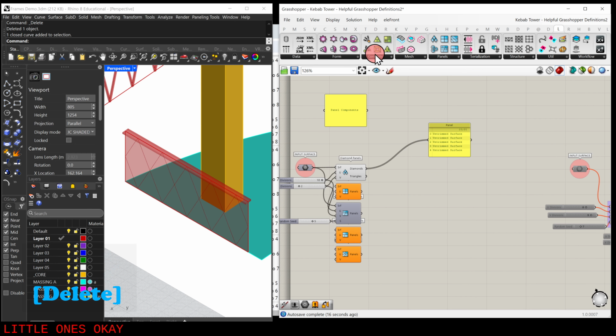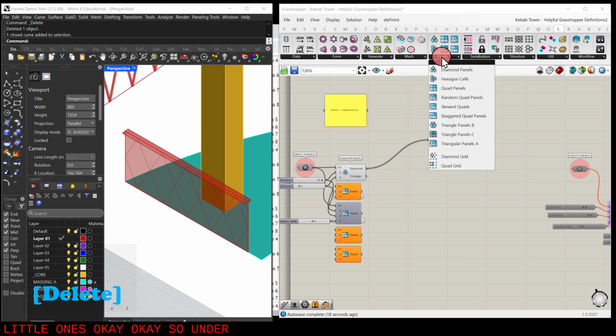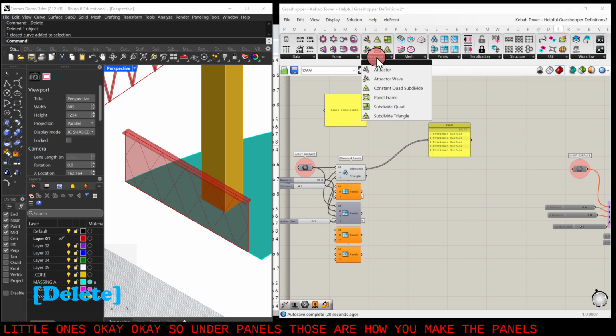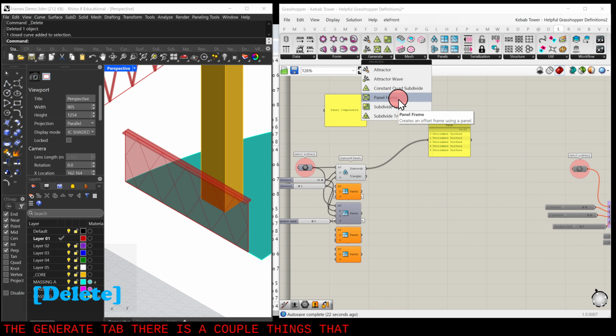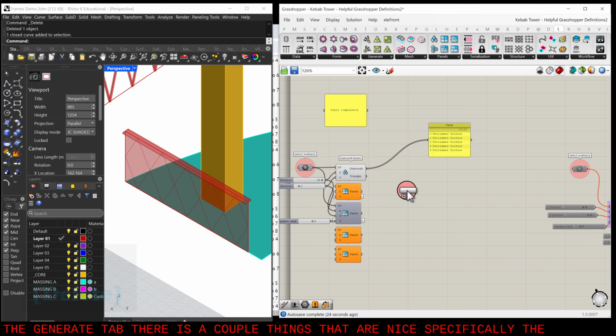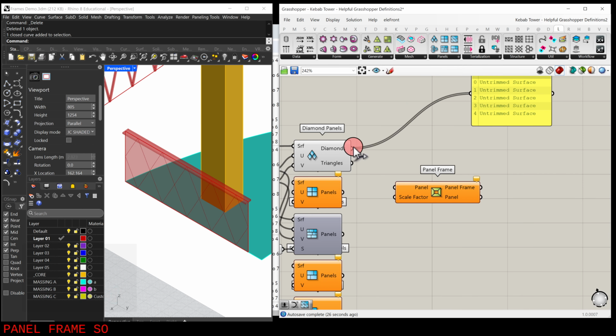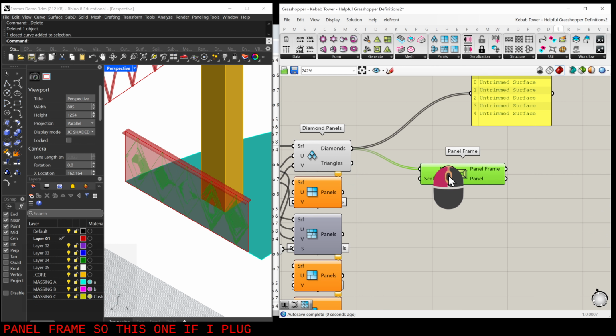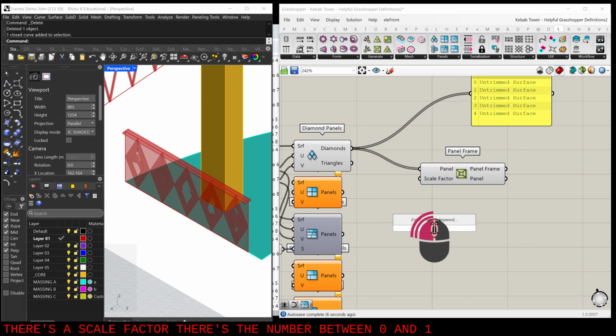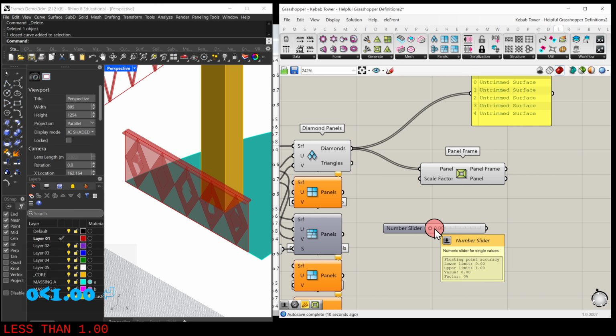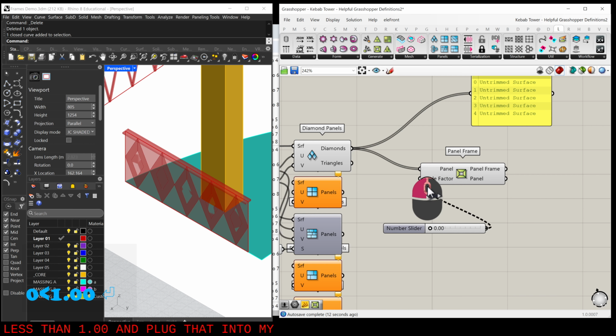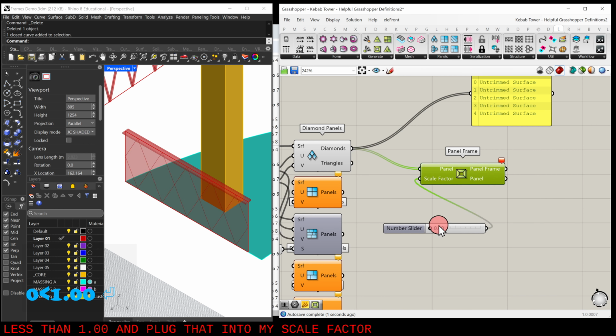Skip this. Okay, so under panels, those are how you make the panels. In the Generate tab, there's a couple things that are nice, specifically the panel frame. So this one, if I plug the diamond panels into there, and then there's a scale factor. This is a number between 0 and 1. So if I plug 0.1 into my scale factor and click on it so I can see it,